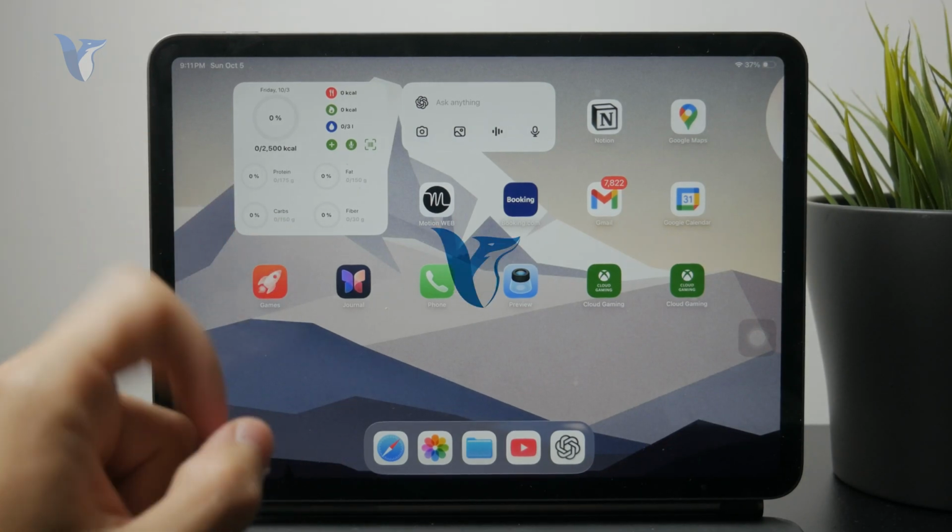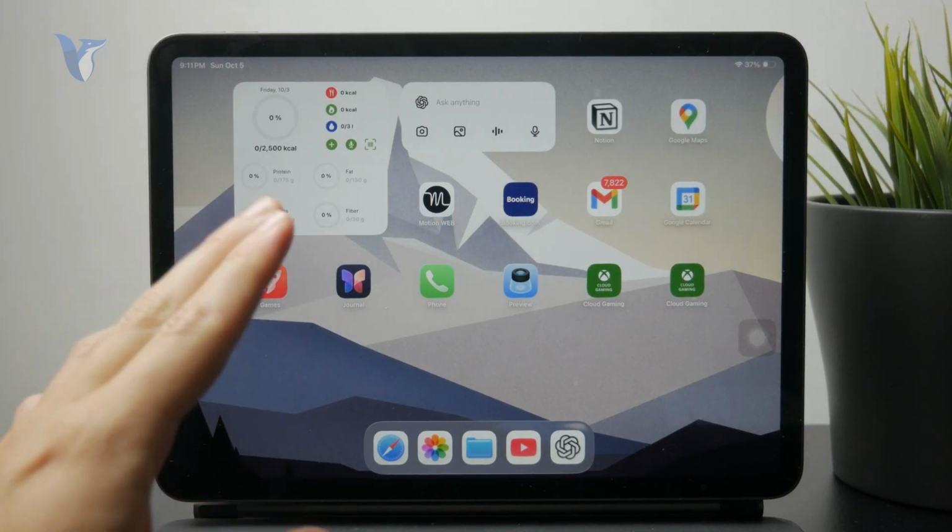In this quick tutorial, let me show you how you can find photo size on your iPad, and let's get